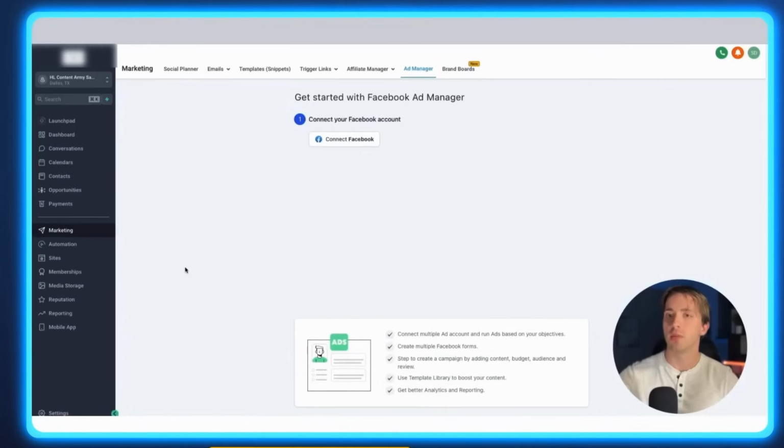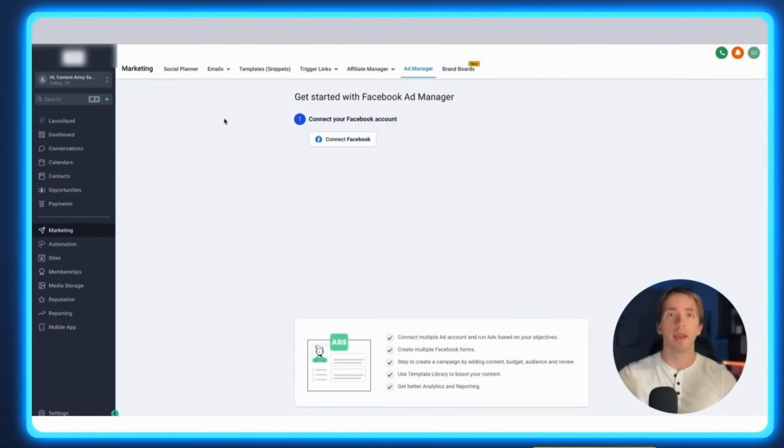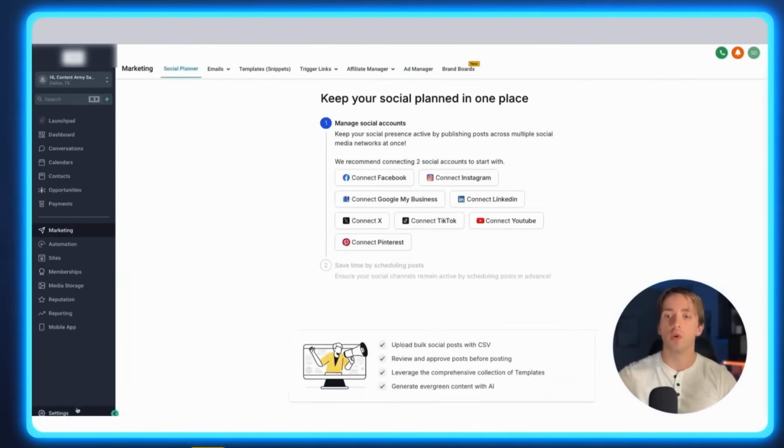Account settings. So our sub accounts now have access to the Facebook Ad Manager's feature, and we'll see this under marketing and then Ad Manager in any of our sub accounts. We're starting here with a blank account that hasn't had a Facebook page connected, but if you already have one connected via the social planner or via integrations, then you will see it show up on this page over here